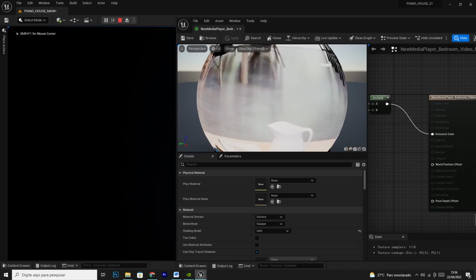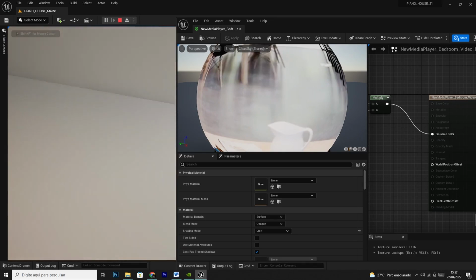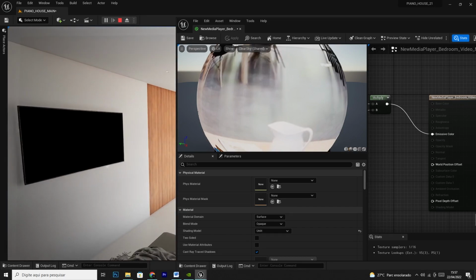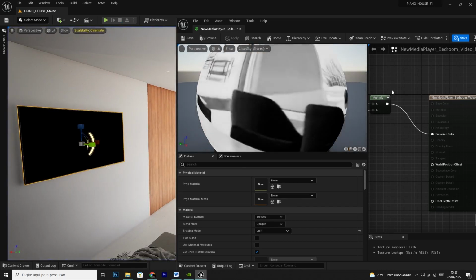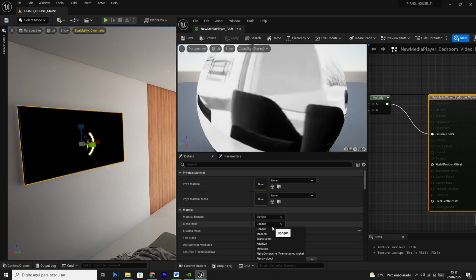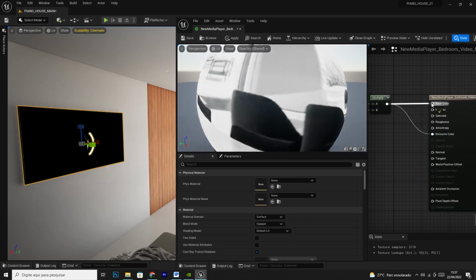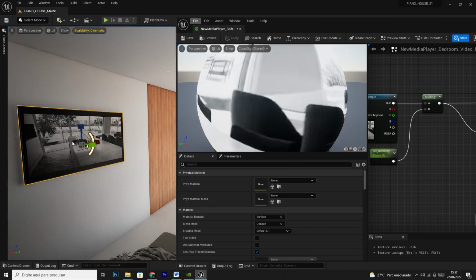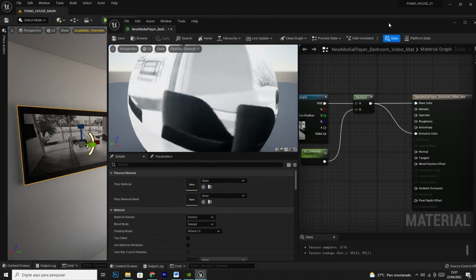Let's play. No, we have to leave it like default, yeah, and direct in the base color, yeah. So let's get back, default lit, and direct in the base color, okay, and apply it. All right, okay,